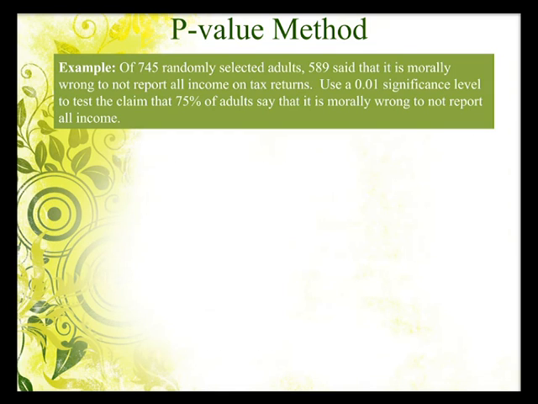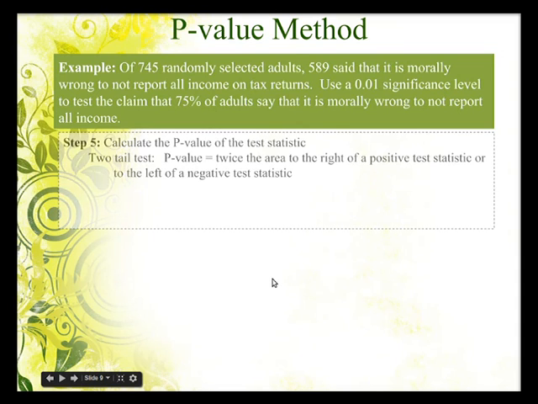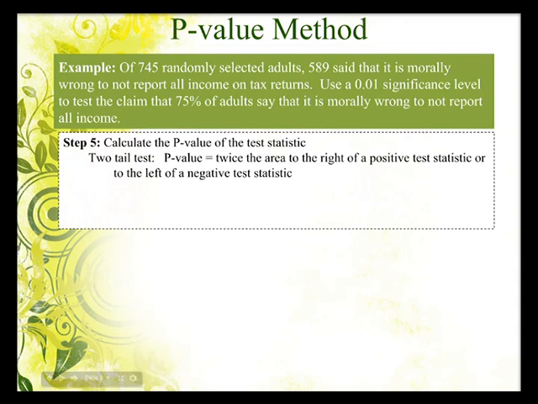So the fifth thing to do, step 5, is to calculate the p-value of our test statistic. That is the area or the probability of getting something more extreme than 2.56. Since this is a two-tailed test, our p-value will be twice the area to the right of our positive test statistic. But if this was a negative test statistic, it would be twice the area to the left of a negative test statistic. So let's go to our z-score or our normal distribution table and look up